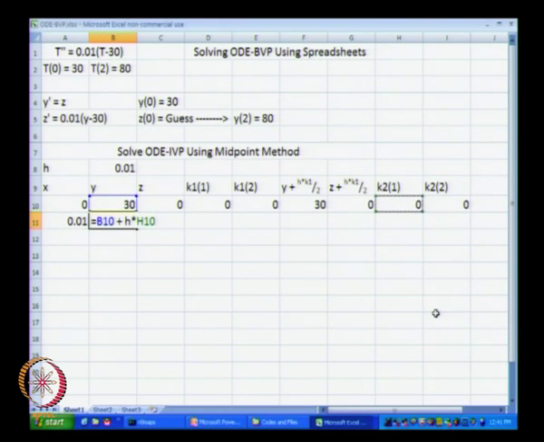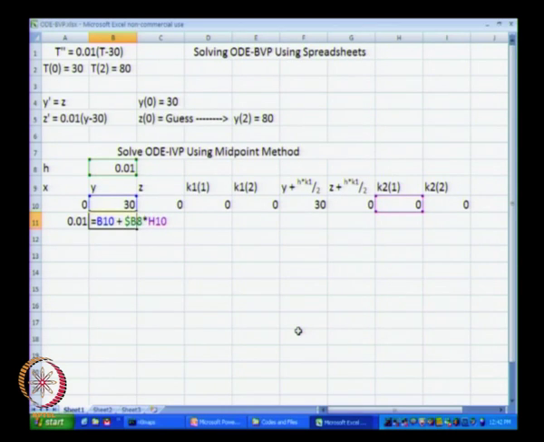So, that is our midpoint method. In our midpoint method we have yi plus 1 equal to yi plus h multiplied by k2, and that is what we will have over here. I am sorry, I should be putting this particular guy instead of h, okay,